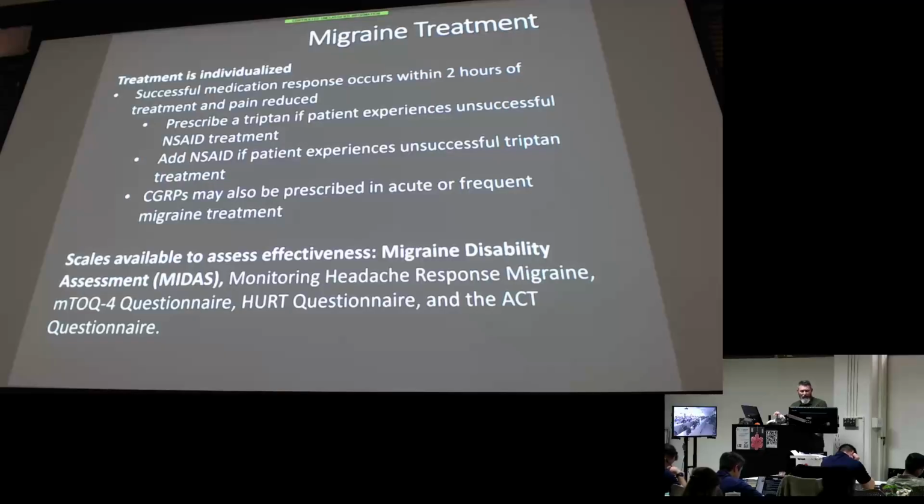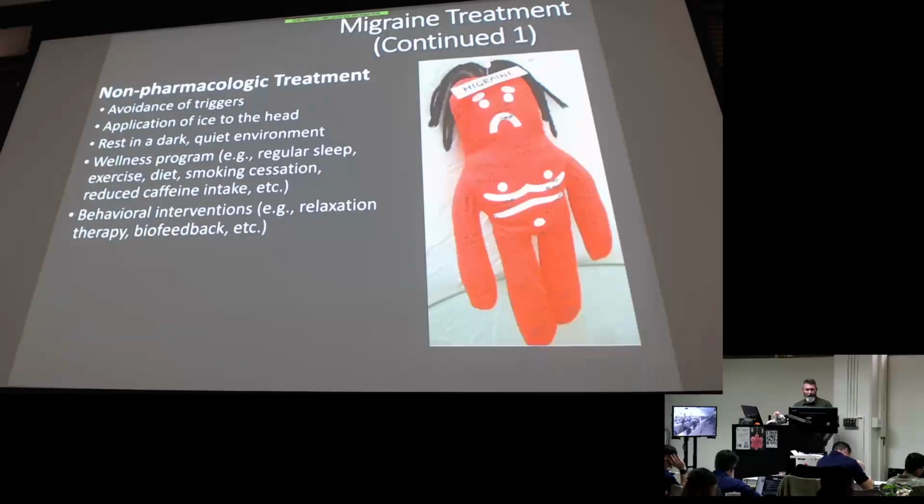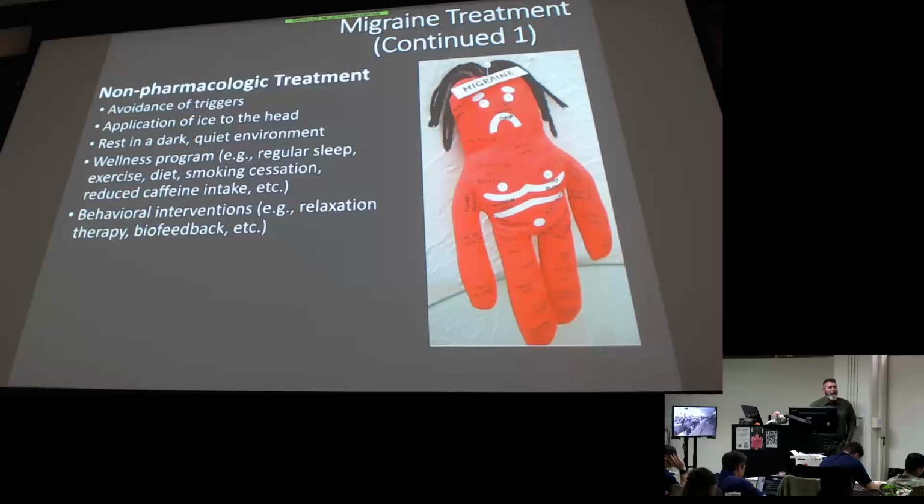And like I said, almost all of them, the higher the score, the more severe the headache and the less responsive to medications they're going to be. So for migraine treatment, we're always going to talk non-pharmacological first, like we do with many disease processes that we discuss in Pharm. Hey, lifestyle changes, what can we do, right?